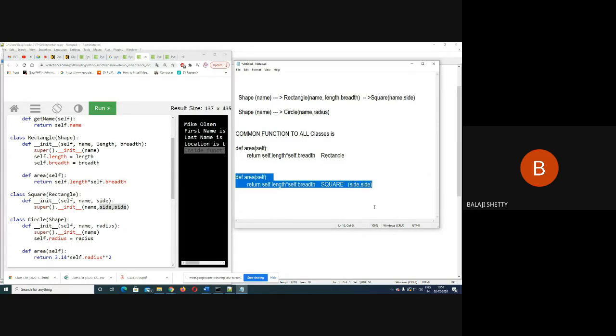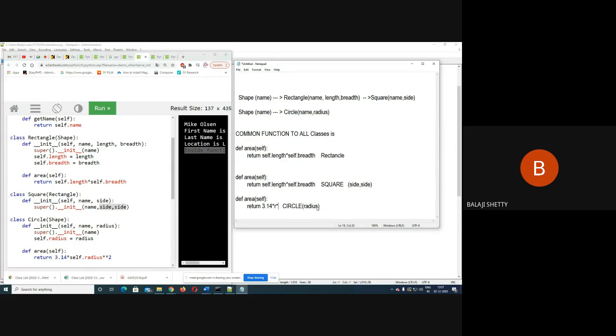What about Circle? This is for the area of a circle. It takes radius. That's it. And here I get 3.14 as pi into r.